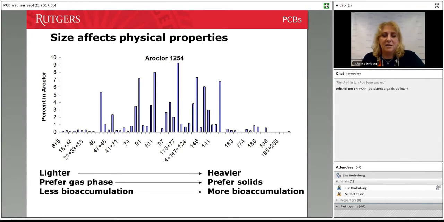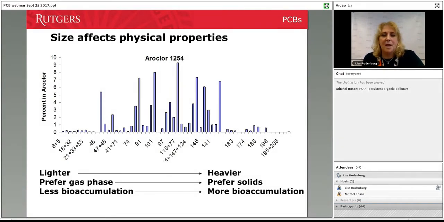And in this plot, the congeners are listed from lowest number to highest number. The way the numbering works is the lowest number has only 1 chlorine, and the highest number, PCB 209, has 10 chlorines. So as you go from left to right, you're increasing the molecular weight of the congeners, and you're increasing the total number of chlorines on the molecule. So Aerochlor 1254 has this rough distribution of PCBs, mostly penta, PCBs with 5